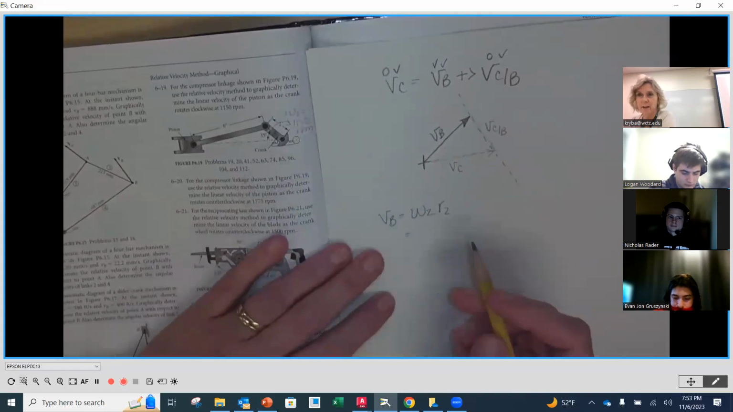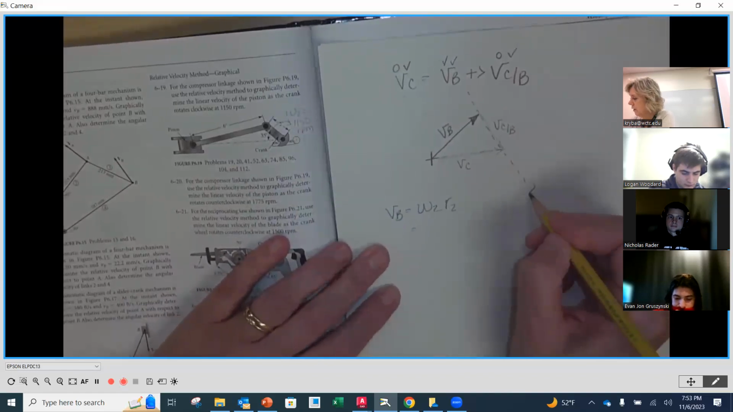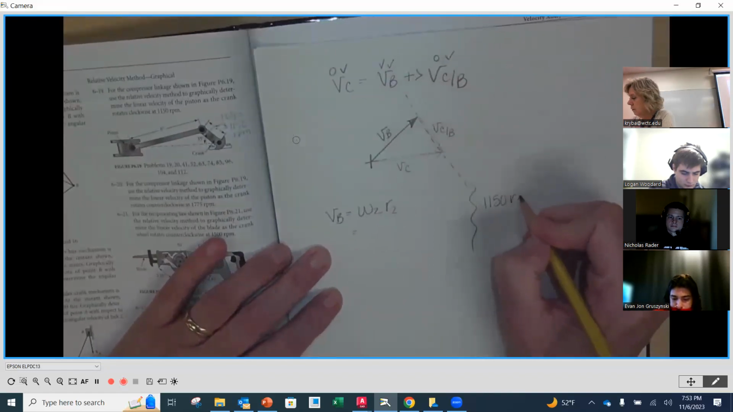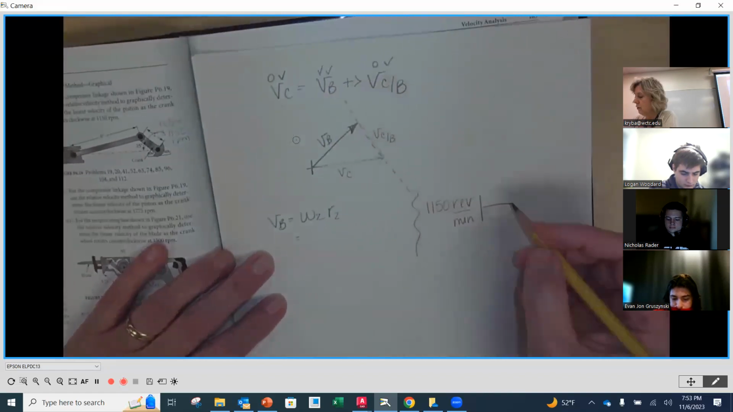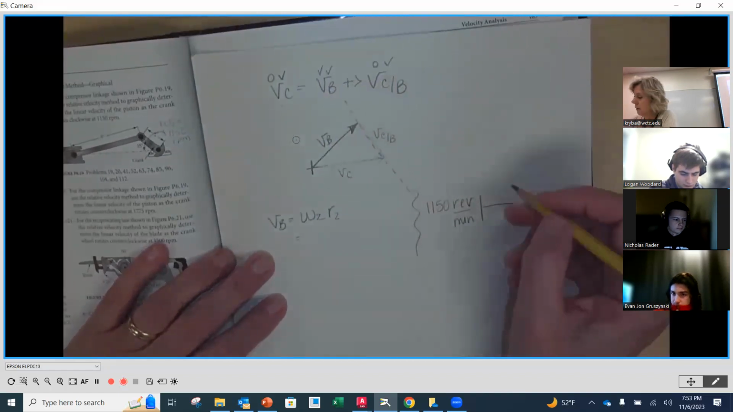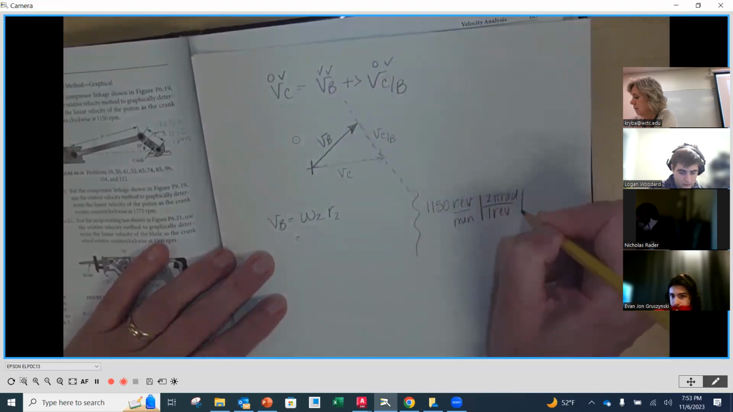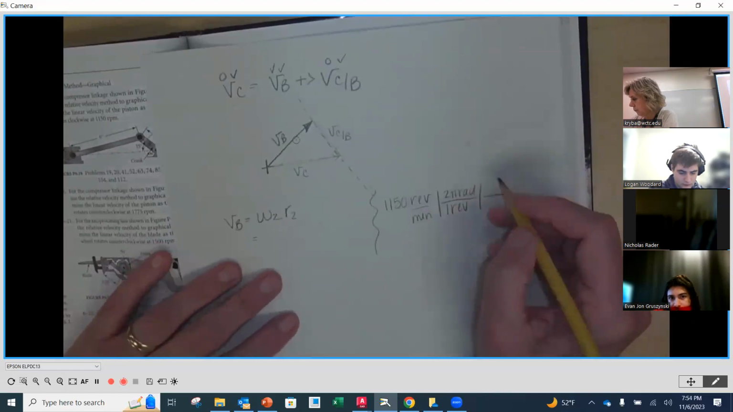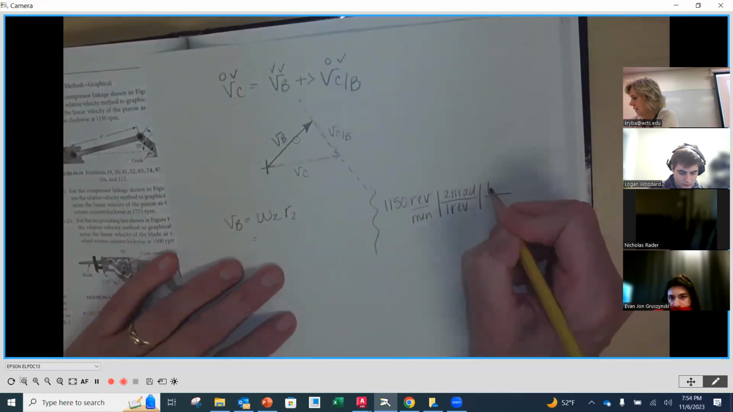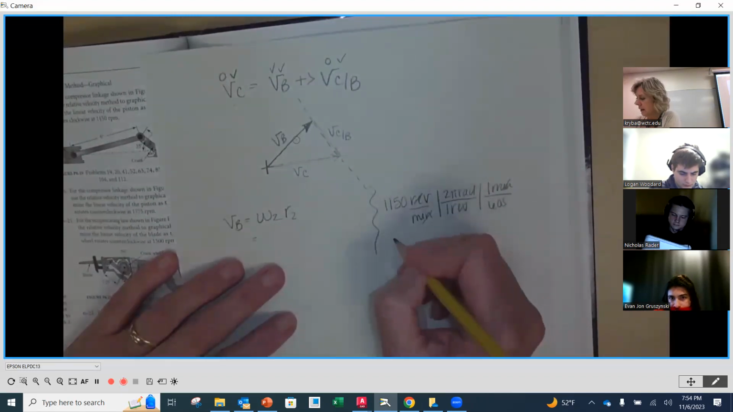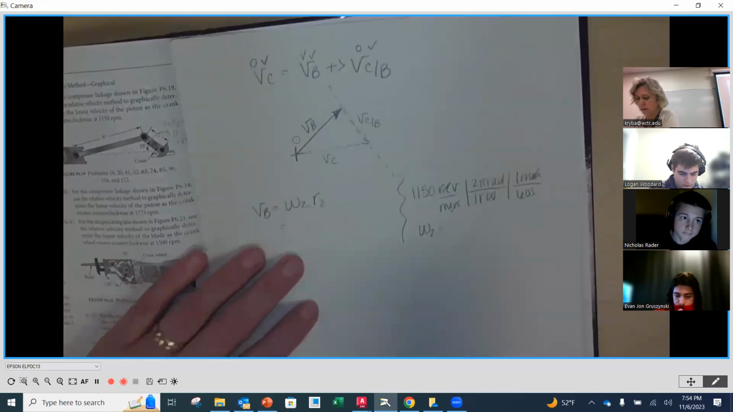So I need to convert that, right? So over here, I'm going to say 1150 revolutions per minute. Okay. And I need to convert that to radians per second. So 1 revolution, 2 pi radians. And then 1 minute on top, 60 seconds on the bottom. So minutes, revolutions cancel. We're left with radians per second. So W2